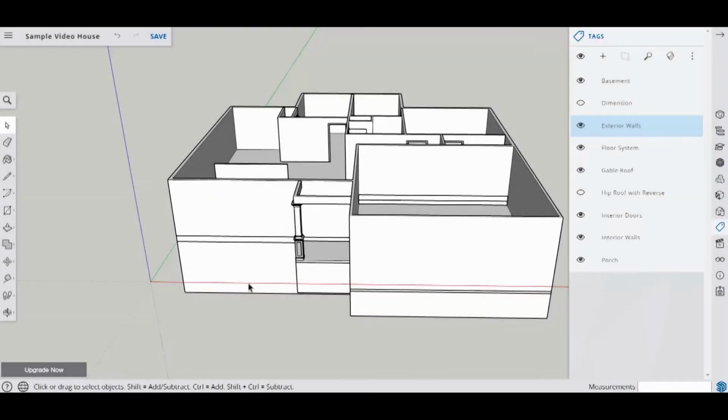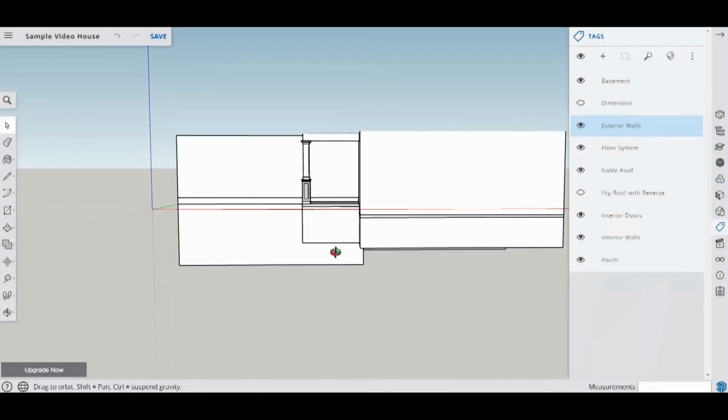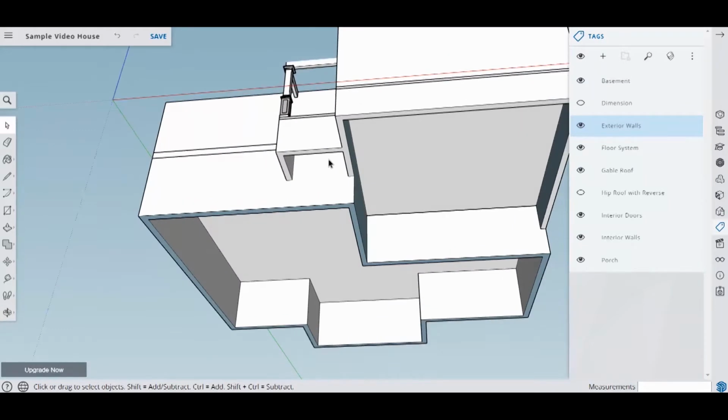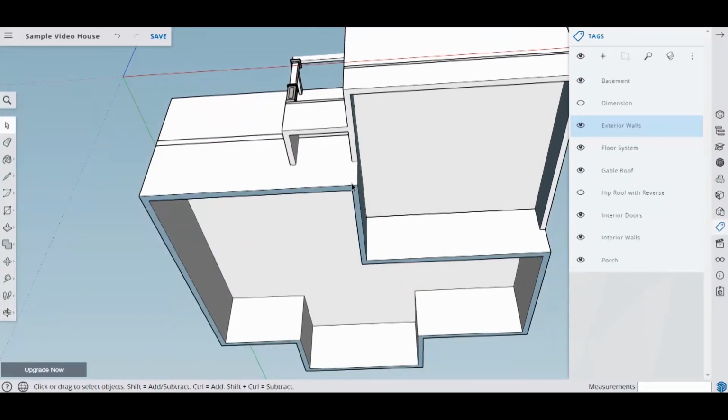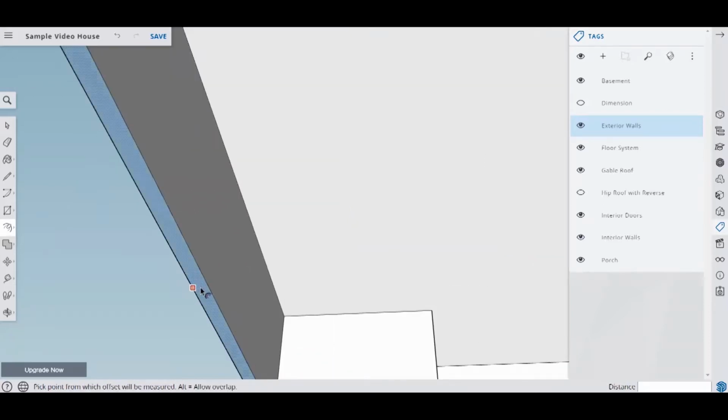Alright, so basically we already have our foundation walls on, and we're going to come down to the bottom. We'll start with the foundation first because that's going to be the relatively easier process. We can't use the same technique for this area because it's so different. So here we're going to grab the push-pull tool, the offset tool, and get to that point and offset this